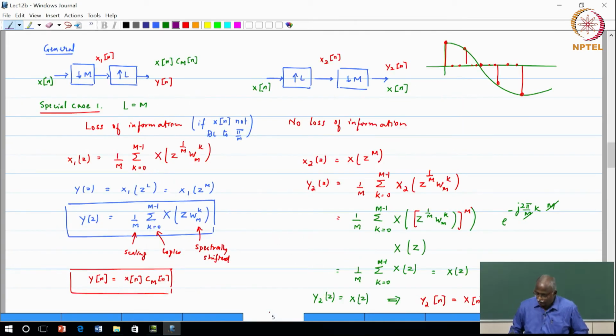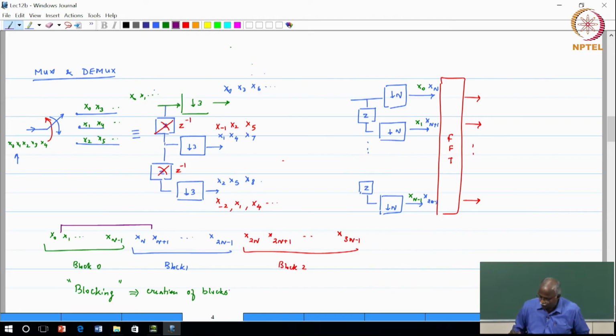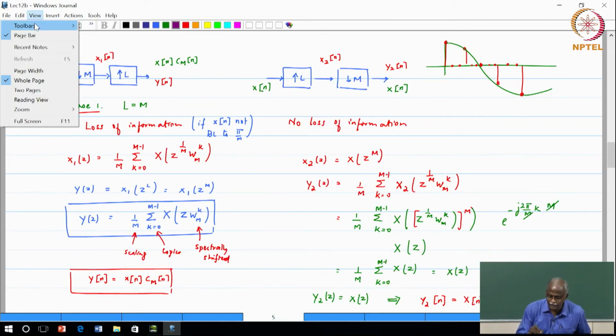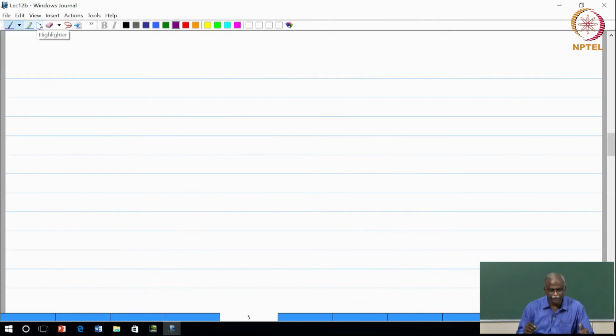Okay, now let me also add one more element, the counterpart of the downsampler, and that is the upsampler. So, if this was a demultiplexer, then the other block must be the multiplexer. The multiplexer